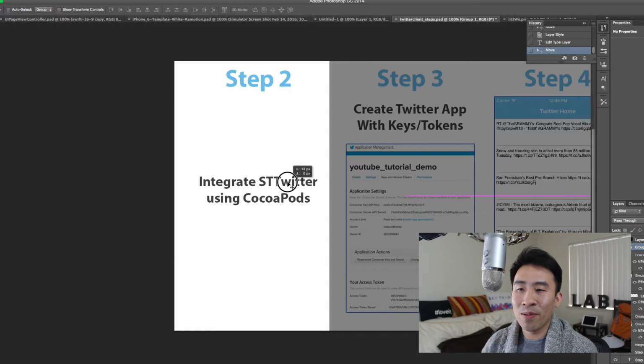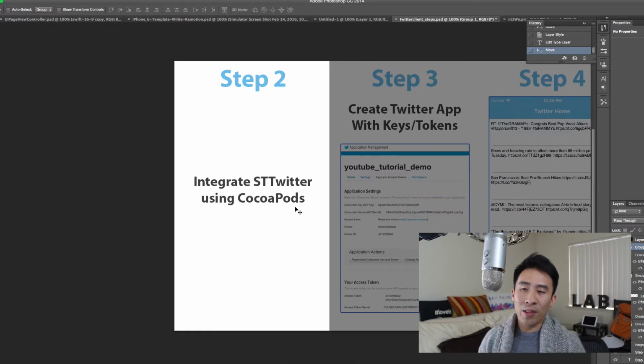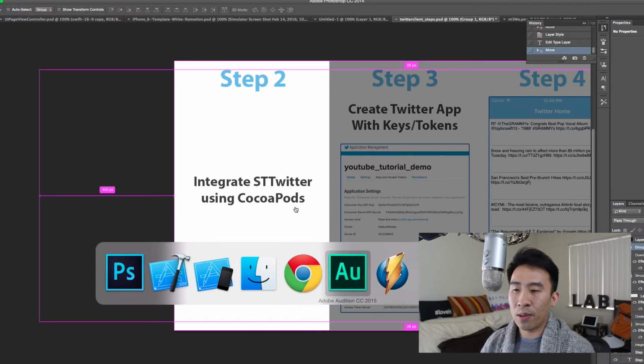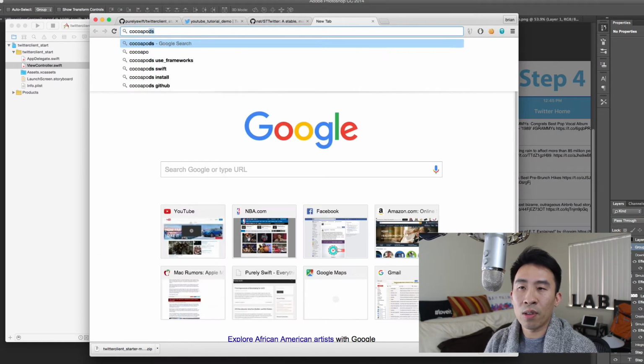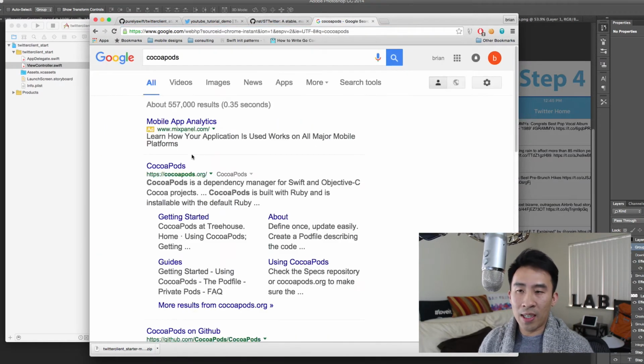Step 2: integrate SD Twitter using CocoaPods. First question is, what is CocoaPods? Second question, what the heck is SD Twitter? And how do we integrate all this together? The answer to that is, first you're going to need to go to Chrome here and just Google CocoaPods. The first website that comes up